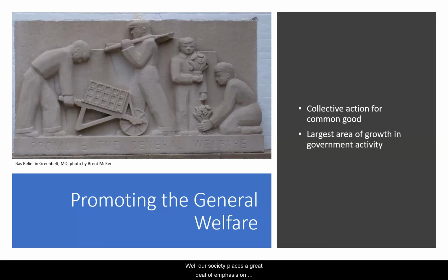While our society places a great deal of emphasis on individual responsibility and individual achievement, it's also true that there are many important things we cannot do alone as individuals. We are social beings who form groups so we can act collectively to achieve things in common. Government is one arena in which we come together to take collective action. Whether it's schools or libraries, highways or national park trails, government is an important institution for providing services and amenities